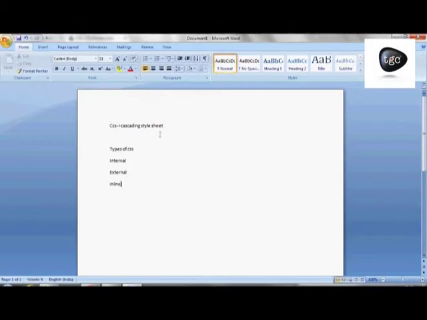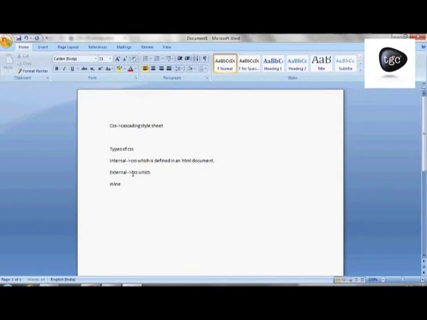So what is internal CSS? A CSS which is defined in an HTML document is known as internal CSS. And now we are going to discuss external CSS.